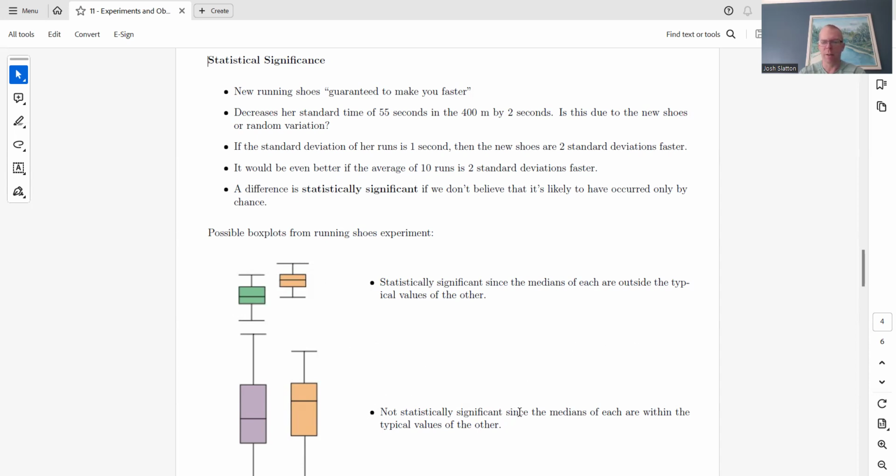Whereas this one is not statistically significant: this median would be in this box, this median is in this box. So those we would not consider statistically significant. So you need to be able to compare the data, because obviously,